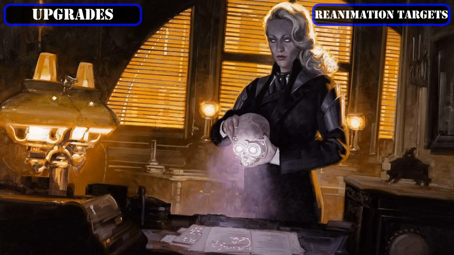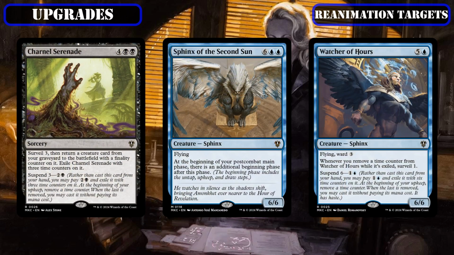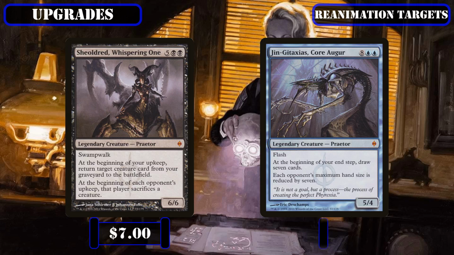And then to cap off the new wave of bodies for Mirko to reanimate, we'll be slotting out the somewhat weird inclusion Sphinx of the Second Sun, whose only purpose in the deck seems to be to net us some extra mileage out of the handful of surveil effects that trigger on our upkeep, along with the mediocre draw spell Deep Analysis, to slot in the backbreaking Praetors, Shilgengar and Jin-Gitaxias, Core Augur, who at 6 and 5 power respectively aren't that hard for Mirko to reanimate, and each of which can completely take over the game if